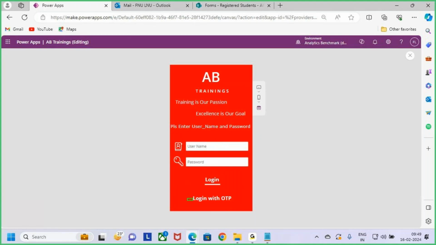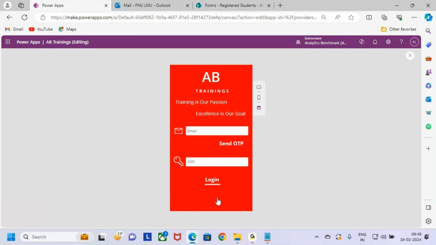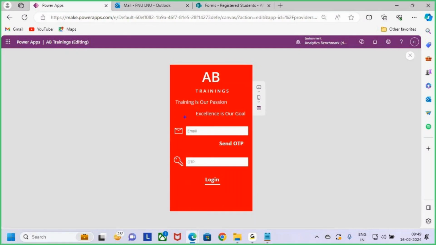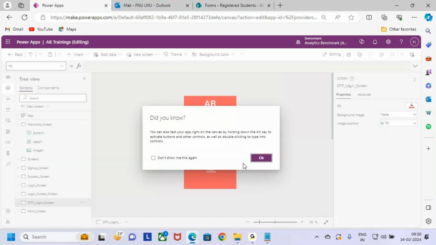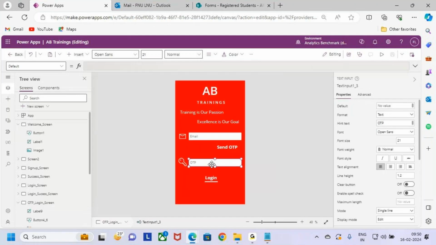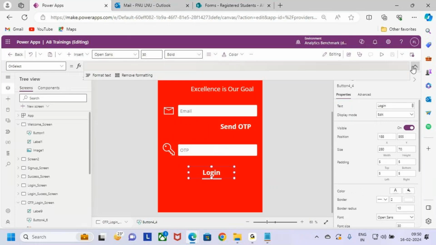I want to allow the user to log into the app using OTP authentication. When I click on this login with OTP, it goes to another screen where I can enter the email. When I enter the email and click on send OTP, what this action is doing on select of this button is it will check whether the email I'm entering is there in my data source or not. If that email is there in my data source, then send one notification, that is OTP, to that email. Once the OTP is sent, copy that OTP and enter the OTP here. Now whatever OTP I'm entering here, this OTP and the OTP the variable is holding,